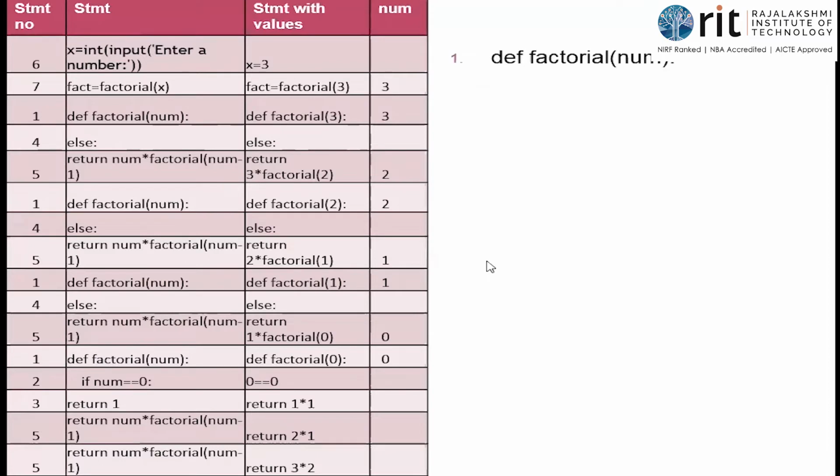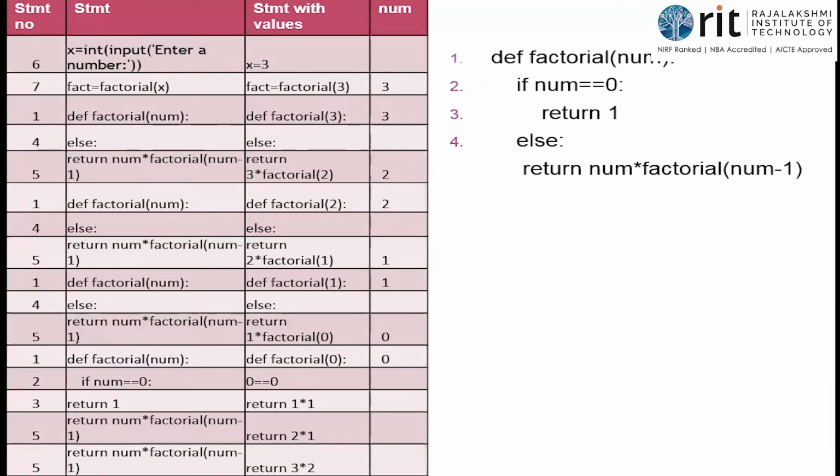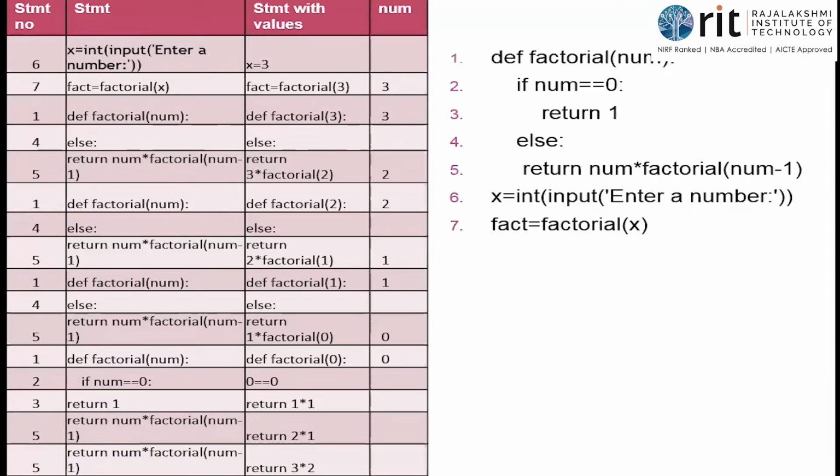Look at this slide. This is a little complicated, but you should understand. So I've kept the table here. You can even take a screenshot of this particular table. I've written the program here. So first, the execution flow. What will be the first thing that gets executed? Line number 6, isn't it? So look at the table. Line number 6 gets executed. The user gives input 3. Assume this. x becomes 3.